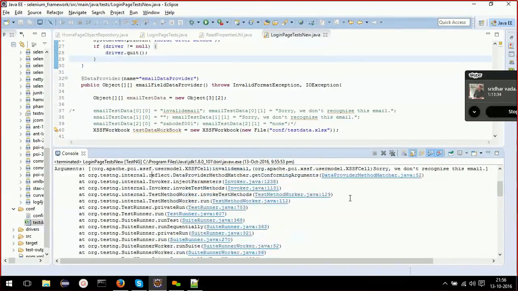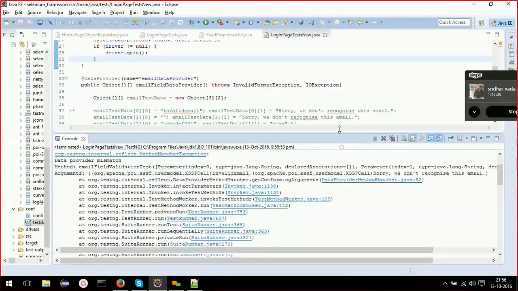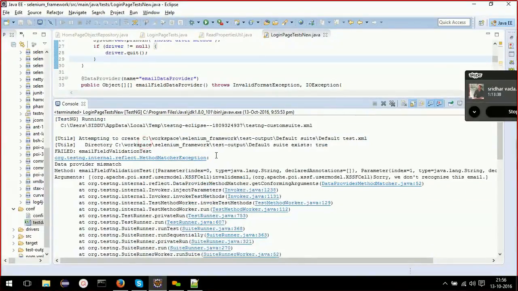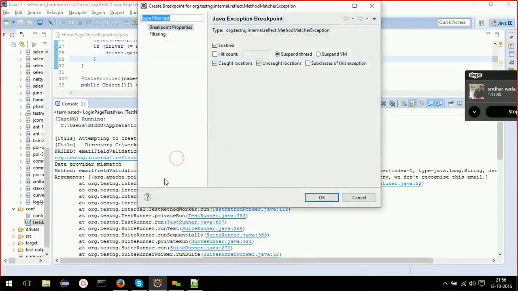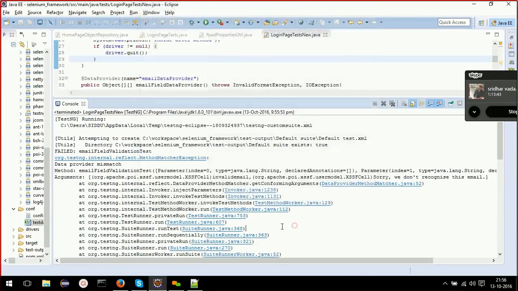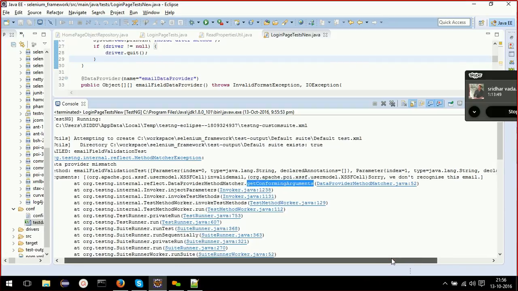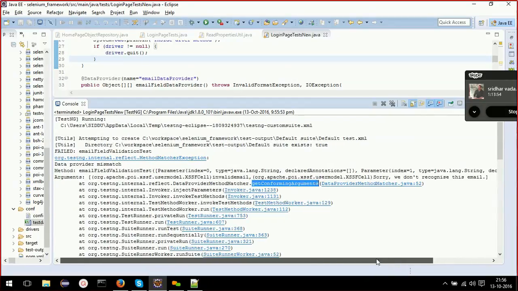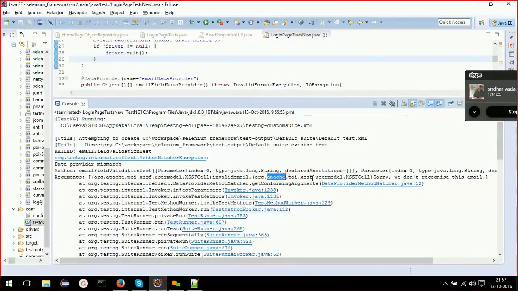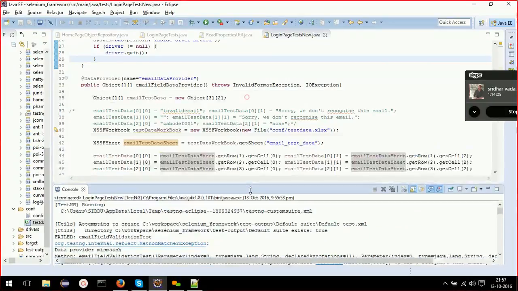Testing the should runner. Sorry, we don't recognize this email. Okay, arguments. Okay, let me run this in debug mode.